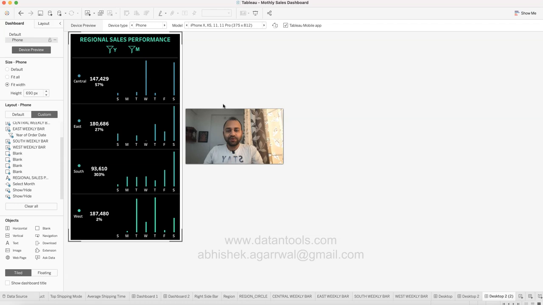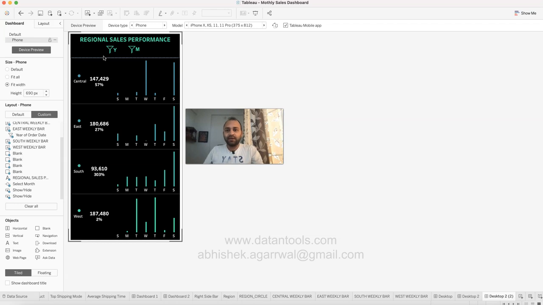In this dashboard tutorial, as you can see, we are shifting a little from the traditional dashboard and creating this mobile dashboard. What I have done is select the device type as phone under the device preview, so that I can be sure that the visualization, the text and everything I'm putting here in this dashboard